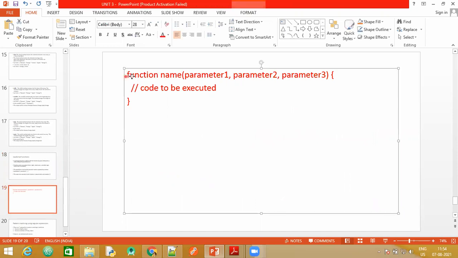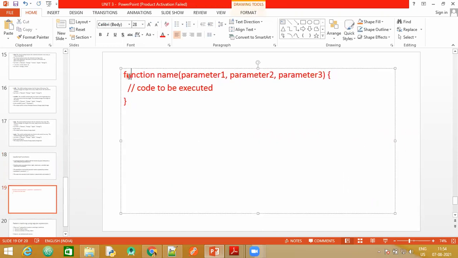You can see here, we need to make use of the keyword function followed by the function name. Within the round brackets, you will be specifying the different parameters separated by commas. If there are no parameters, still we need to make use of these brackets to indicate that it is a function. The opening curly bracket and the ending curly bracket will enclose the actual code to be executed. Your functions can also have return statements. The return statement will usually indicate that the execution of the function is over.